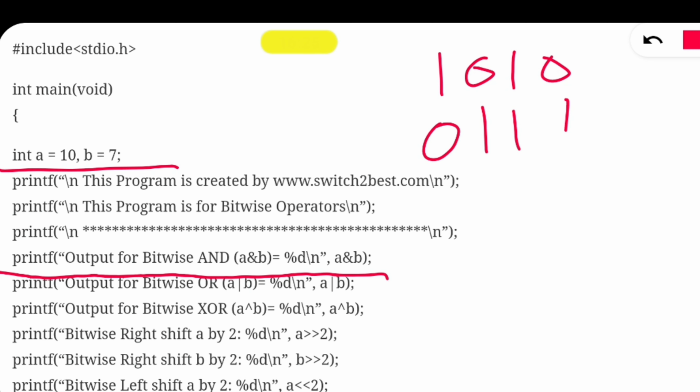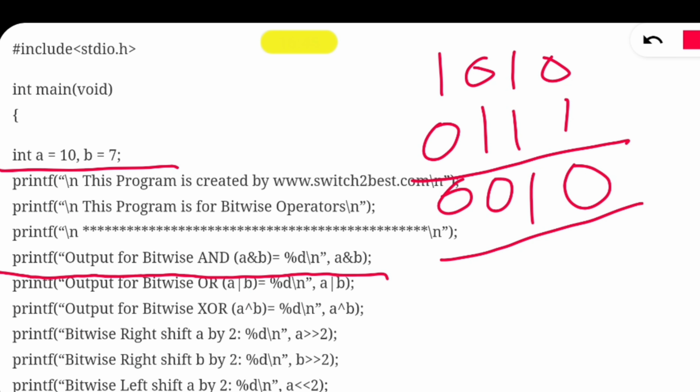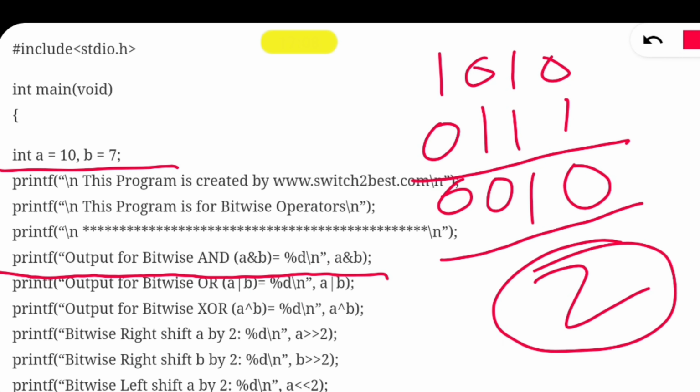Okay. Now what I am doing, bitwise AND. AND means the truth table you need to compare. These are the inputs. Now 0 and 1. What will be the output of bitwise AND? 0. 1 and 1 is true. 0 0. What is the meaning of this? 0010. This is 0, this is 2, and this 4 and 8 is 0. So what is the value of this statement? 2. What will be the output in percentage d? A and B means A bitwise AND B, it will be 2.